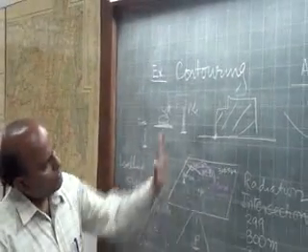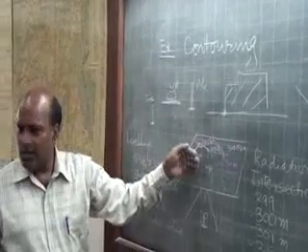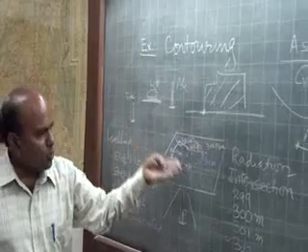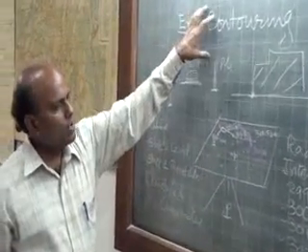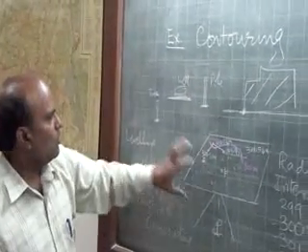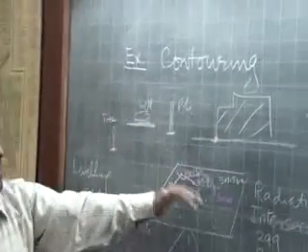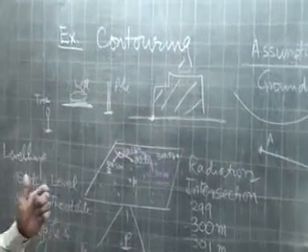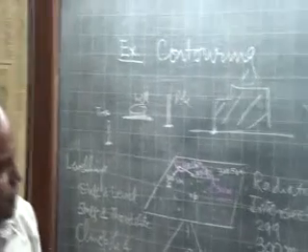So once you prepare this contour map, it has lot of applications. You can generate a digital elevation model from these contours. You can generate a slope map. You can find out the direction of the flow. So these contours are very important for all our planning activities. So you have to be very careful while doing contouring, that you have sufficient number of elevations, your interpolation is correct, and you have plotted the contours in the field looking at the topography and the shape of the ground.